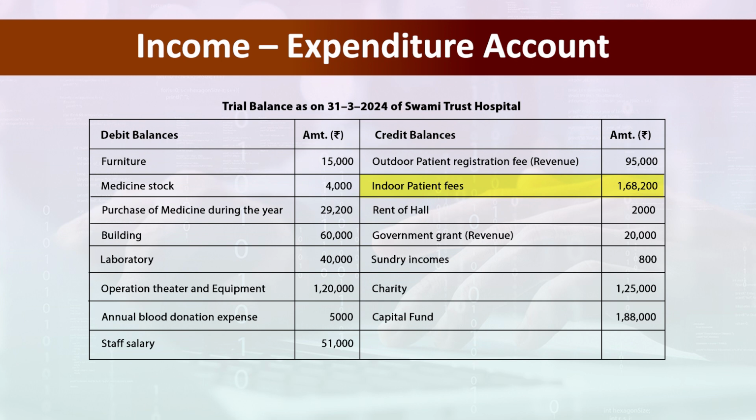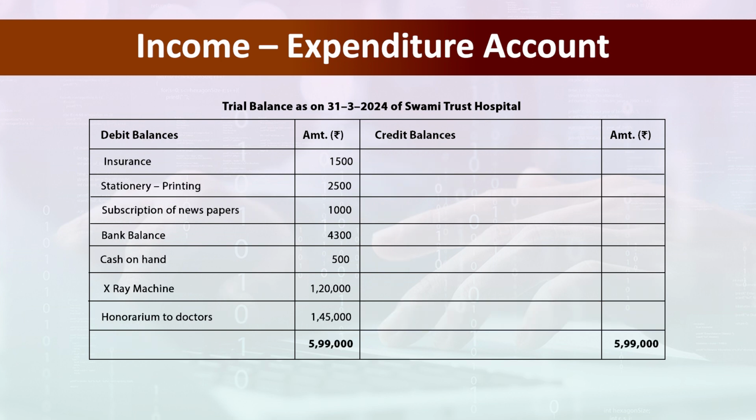indoor patient fees of rupees 1,68,200, rent of hall of rupees 2,000, government grant which is a revenue of rupees 20,000, sundry incomes of rupees 8,000, charity of rupees 1,25,000, the capital fund of rupees 1,88,000. The total of the trial balance is